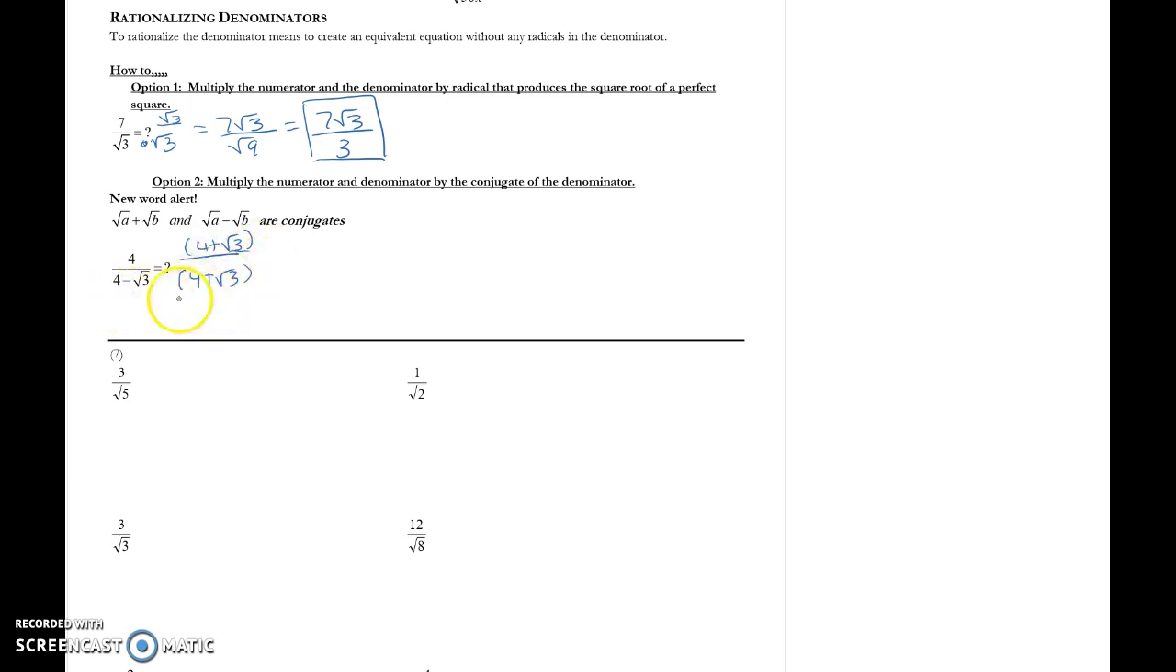Okay, so when I multiply the conjugate, you're going to actually have to do what we used to call FOIL, or now double distribute. So I'm going to put that work right over here. So 4 plus root 3 times 4 minus root 3. So when I FOIL this out, you're going to get 16 minus 4 root 3 plus 4 root 3